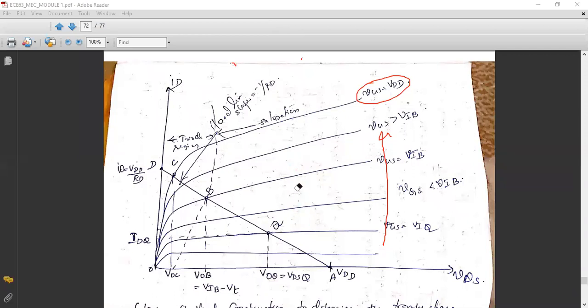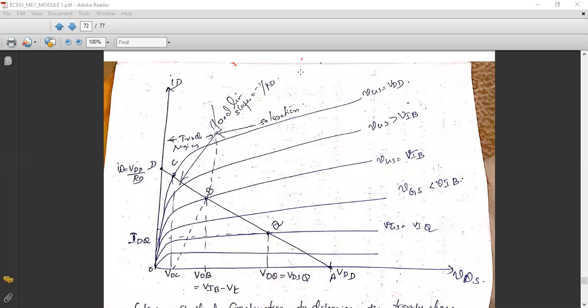Why do you have a maximum drain current through the MOSFET for a high positive gate to source voltage? Channel is getting induced, correct? Now more and more channel is getting induced, and you have more electron flow from source to drain, and correspondingly the drain current also increases from drain to source. But after a particular VDS, your drain current gets saturated. That is because of the pinch off.